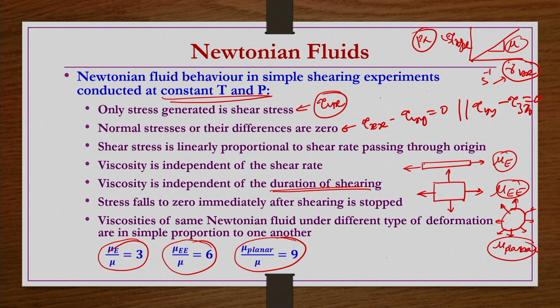Any fluid which does not obey one or more of these Newtonian characteristics, we call a non-Newtonian fluid. That means the more characteristics are deviated, the more types of non-Newtonian fluids are possible. For Newtonian fluids we do not have categories; we have only low viscosity, high viscosity, intermediate viscosity fluids, but the viscosity is constant. But for non-Newtonian fluids we are going to enlist that so many types are possible.